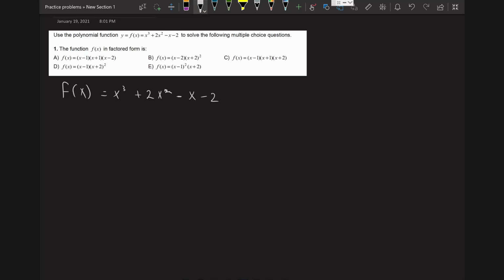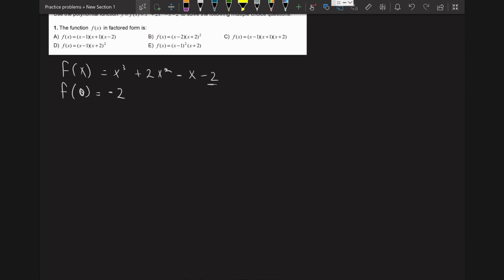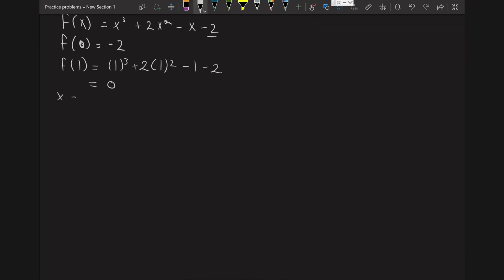By educated guesses, I mean right off the bat, you can tell that the zero can't be at x equals 0, because if you sub in 0, you're going to get -2, and you can just tell because you have this negative 2 term at the end. So another educated guess I'm going to make is 1. Usually 1 is a nice number because you can just look at the coefficients. So f of 1 would be 1 cubed plus 2 times 1 squared minus 1 minus 2, and that's equal to 0. Therefore, x equals 1 is